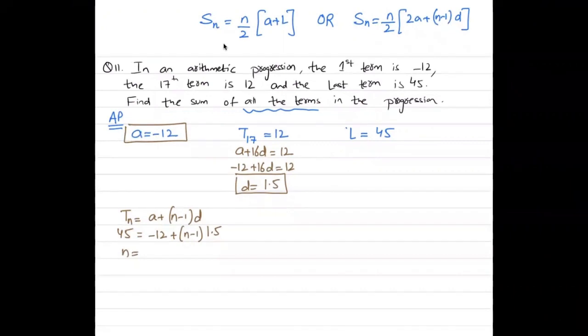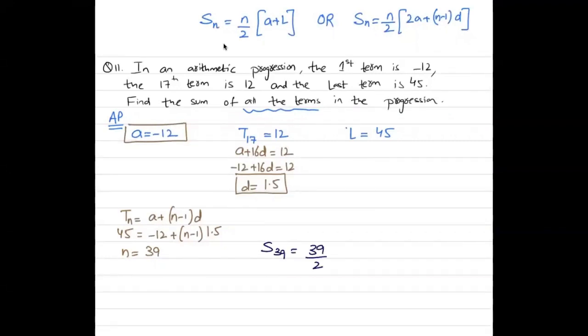39. Is 39 the answer? 39, that's correct. So the n value is 39. That means there are a total of 39 terms in the progression. And now you need to find the sum of all the terms, which means the sum of 39 terms, S39. So S39 is 39 divided by 2,